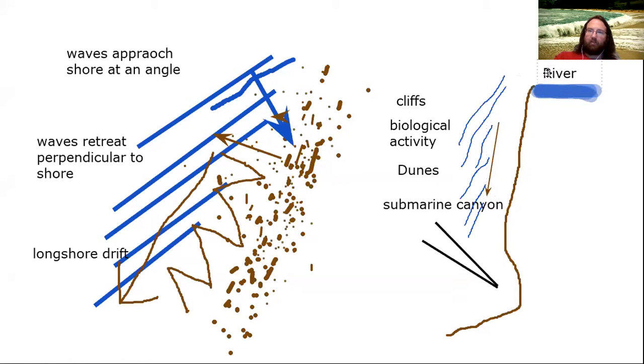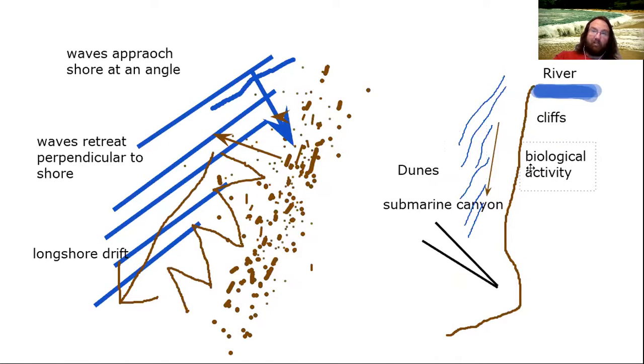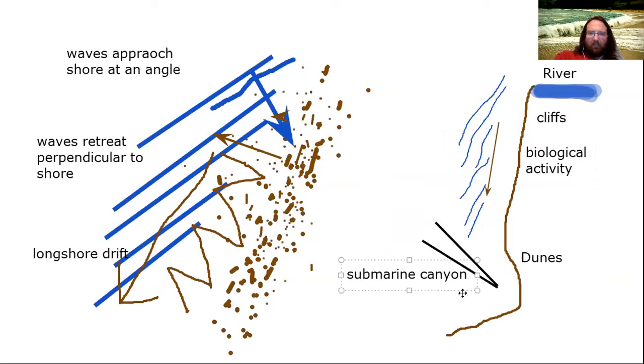Primary source of sediment is rivers. A secondary one is going to be cliffs. The erosion of the cliffs will give you an as important source of sand in many areas. And in some areas, your sand will have quite a major portion of biological activity, either seashells or in some places other stuff. Meanwhile, things like dunes are actually removing sand from the system, and submarine canyons represent the other major